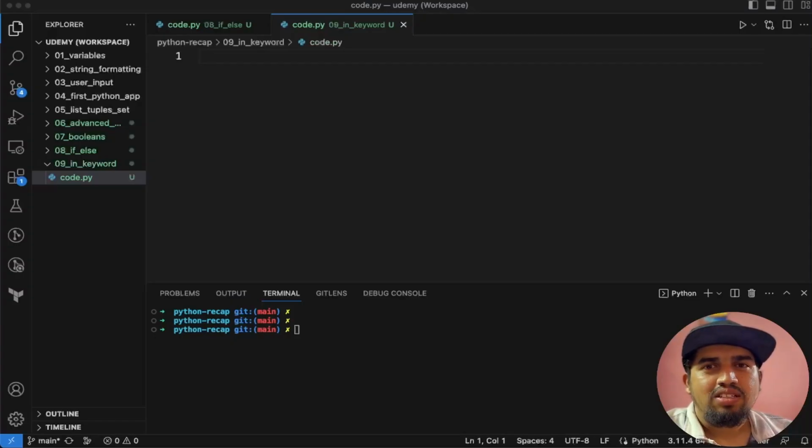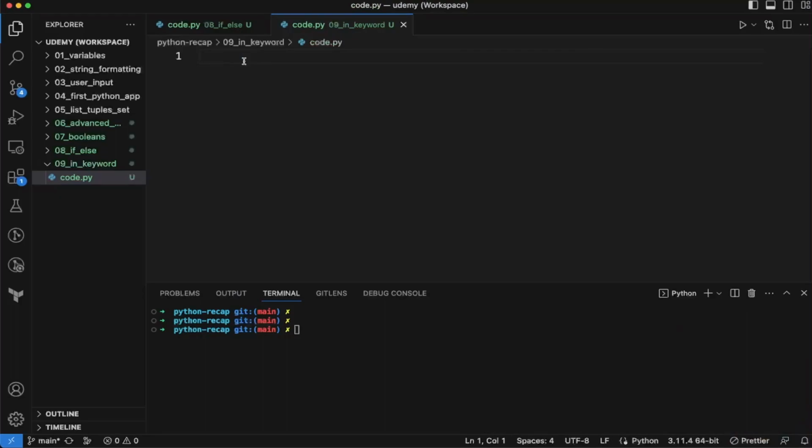So welcome back. In today's session, we'll learn about the in keyword in Python. Let's get started. We can use this in keyword against any type of iterable, like a list, a tuple, a set, or a string. So let's say we have a list, my list, and let's say it's equal to